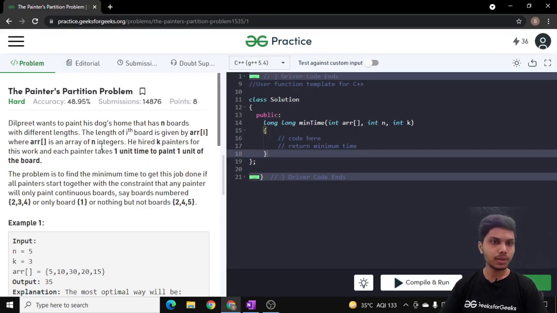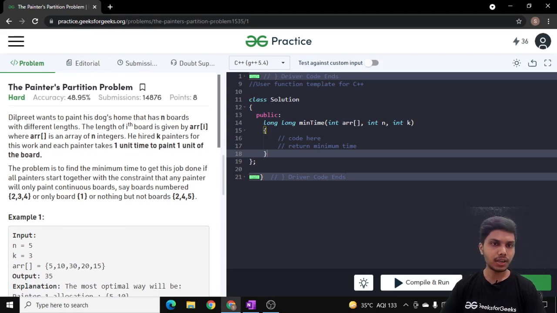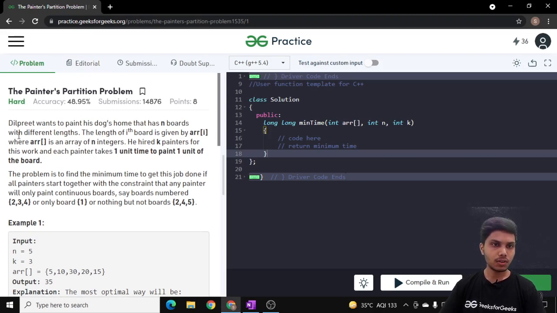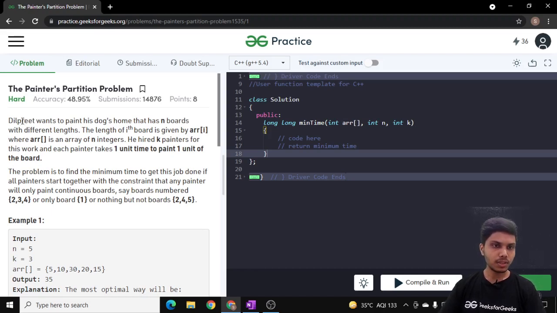So the problem name is the painter's partition problem. Let's read the problem statement. And before I start, you can find the link of this problem in the description below. The problem is saying that Dilpreet wants to paint his dog's home that has n boards with different lengths. The length of the ith board is given by array[i], where array is an array of n integers. He hired k painters for this work and each painter takes 1 unit time to paint 1 unit of the